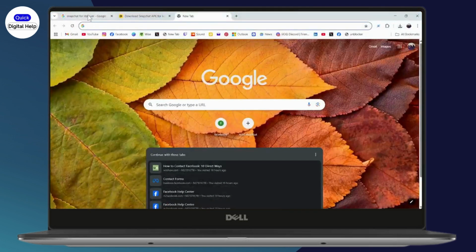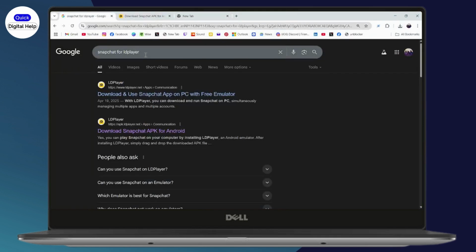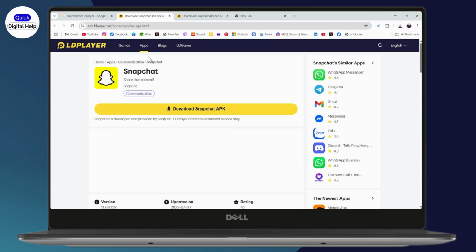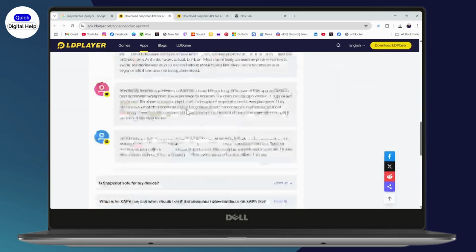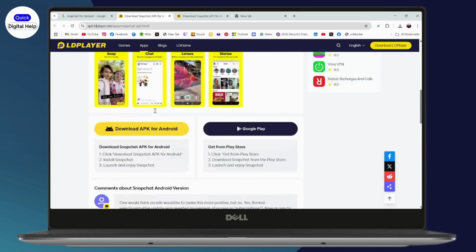After opening a browser, you need to search for Snapchat for LD Player. After that, here you will have download Snapchat APK for Android. You need to click on it and it will take you to this kind of interface. I need to go with download Snapchat APK and it will take you to this kind of interface where you